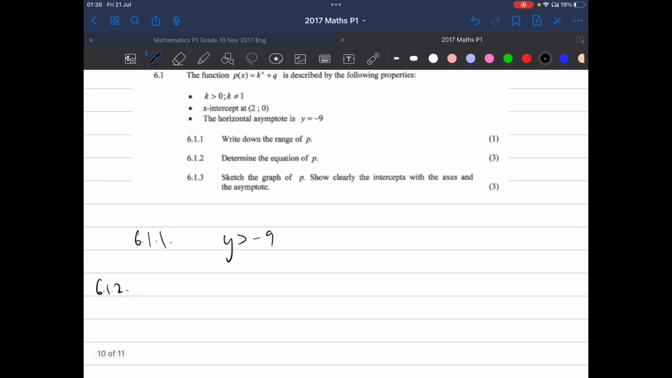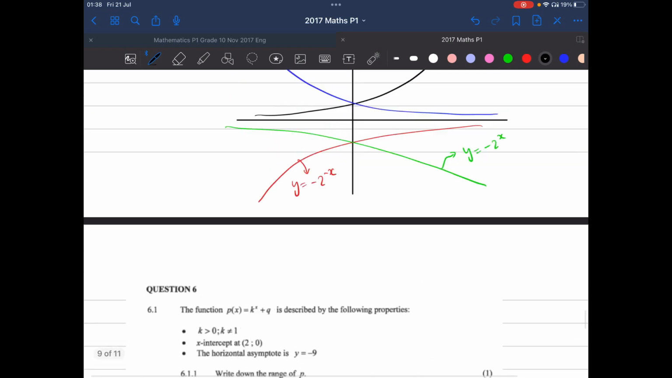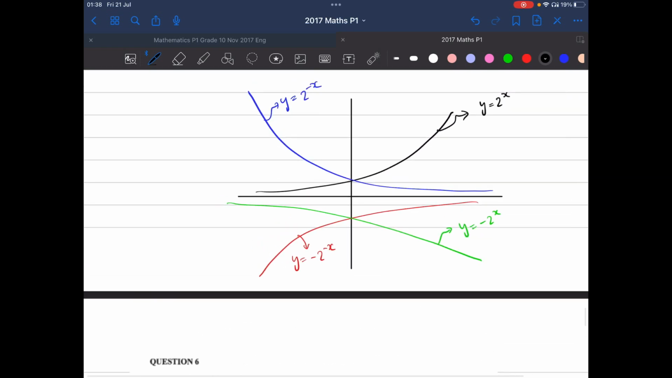Okay, the equation of p. Okay, so let's look at some basics here. This is a few exponential graphs that I drew. So if we look at the black graph first, this one here,